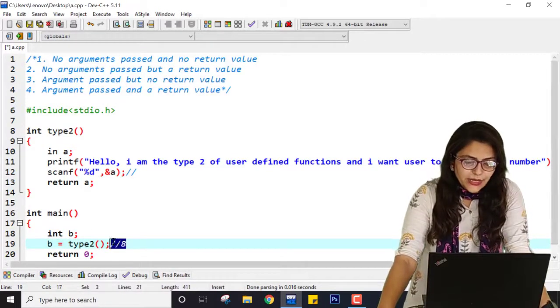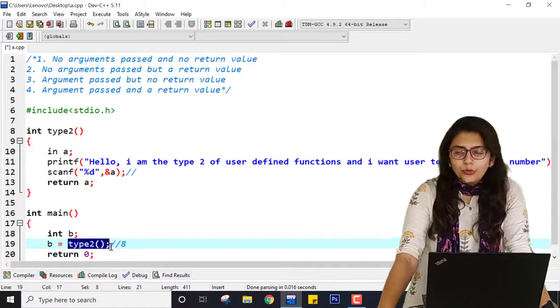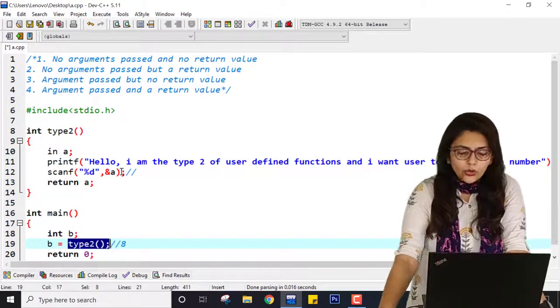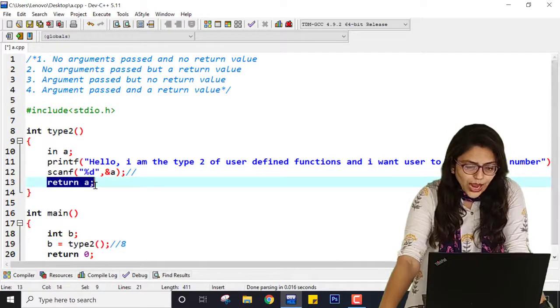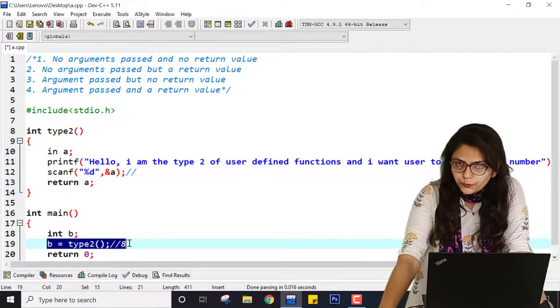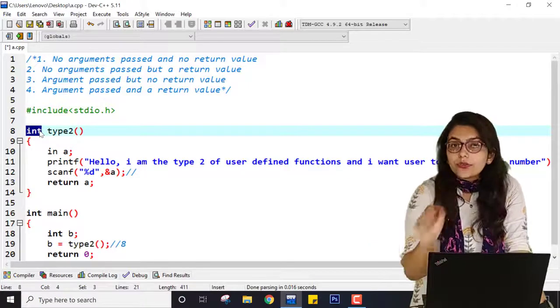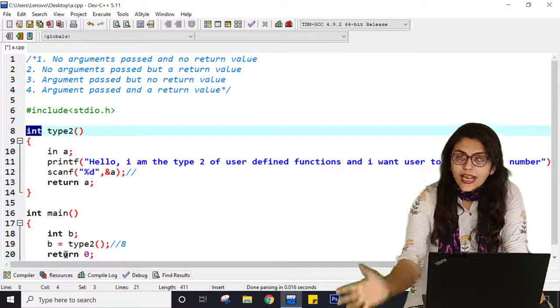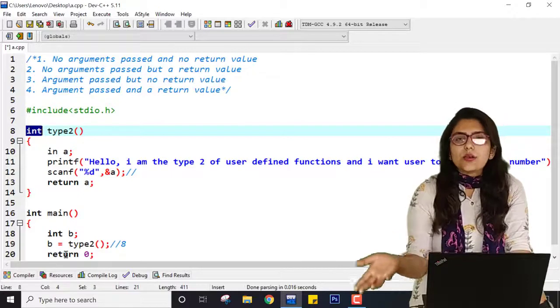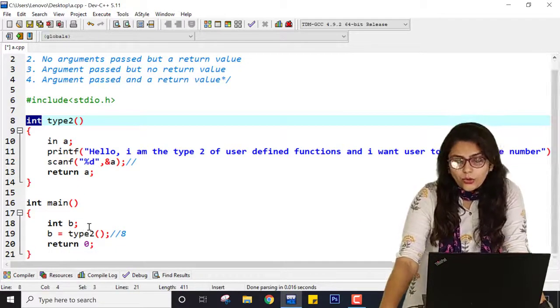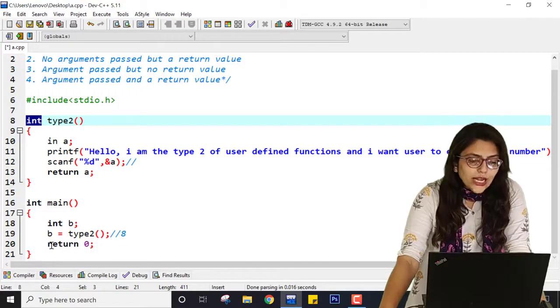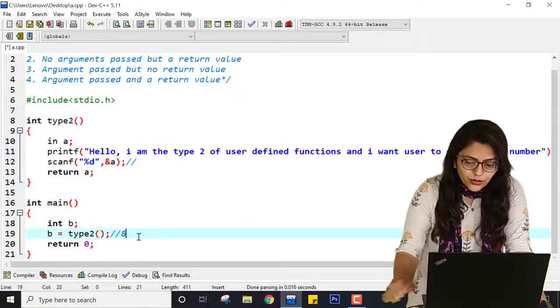Now this 8 will be assigned to b. You can remember this simple rule: whenever there is a return type, you have to write something with this equal to. And if it is void, you must not write equal to and assign these values, because void does not return anything, but int or float or any other data type do. That's why I am writing b over here.